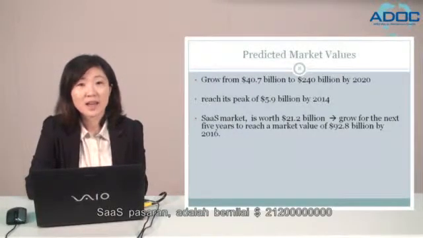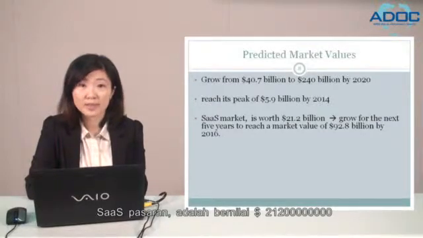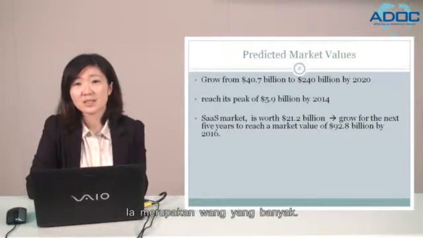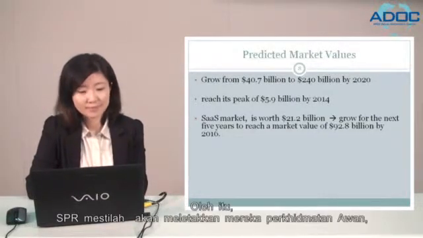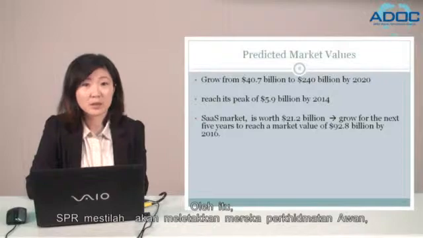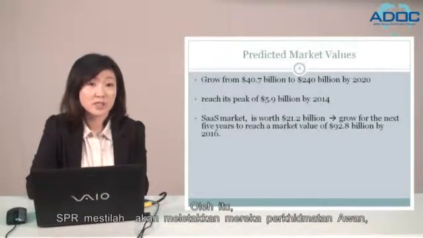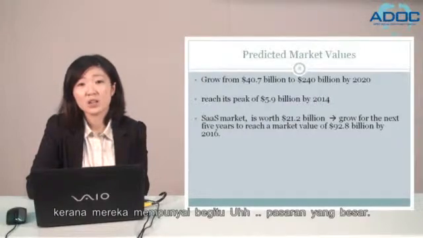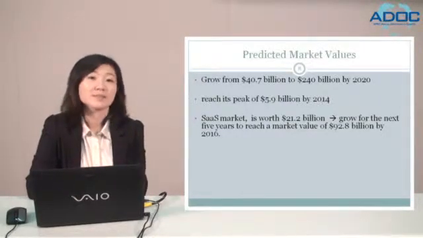And the SaaS market is worth 21.2 billion, and will grow over the next 5 years to reach a market value of 92.8 billion by 2016. It's a lot of money. Therefore, EC must put an eye on cloud services because they have such a large market. You just cannot miss it.